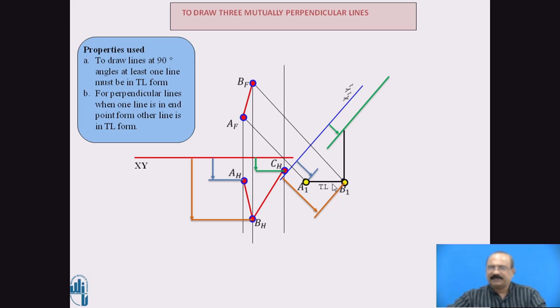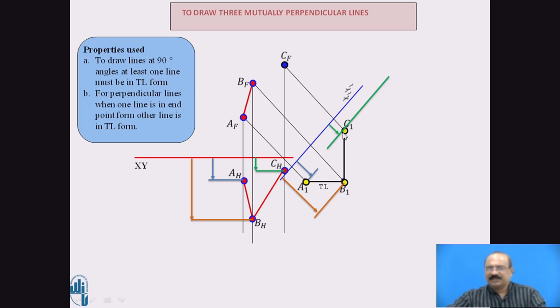You already studied the condition that to draw a perpendicular line, one line must be a true length. We have got this line as a true length here, so you are going to draw this line as a perpendicular. A1, B1, C1, you got the lines. A1 B1 is one line and B1 C1 is another line. That means we have got two mutually perpendicular lines. Our expectation is three mutually perpendicular lines. So we have to go for a further step: draw one more x1 y1 line perpendicular to the A1 B1 line. That time it is going to become a point view.